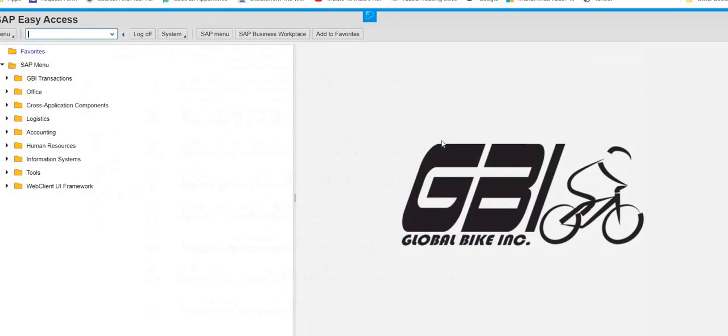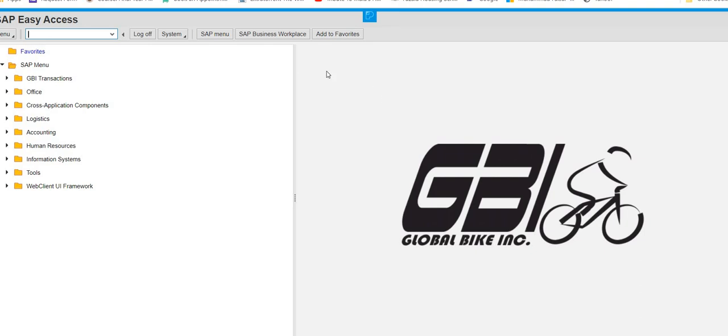When we have to log in to the SAP system, we need a user ID and password. Sometimes it creates problems in logging in. So what I did before starting my video, I just created a login into the SAP system. So now I'm logging in. I'm on this screen, the SAP GBI. Now, as I told you, I'm going to start this exercise from step number 2. Step number 2 is related to create sales order.